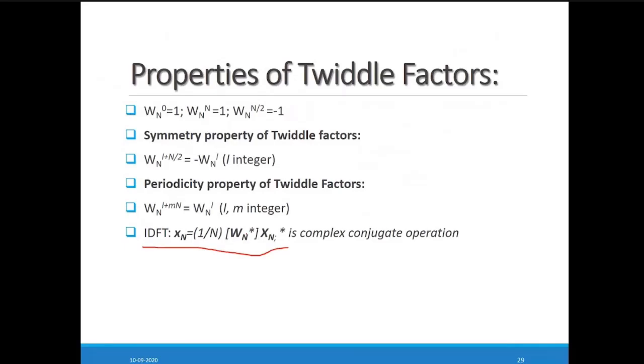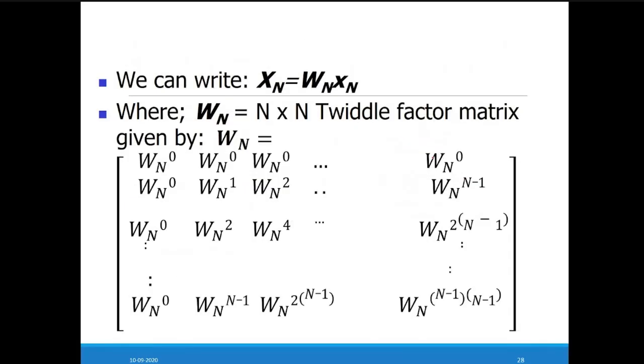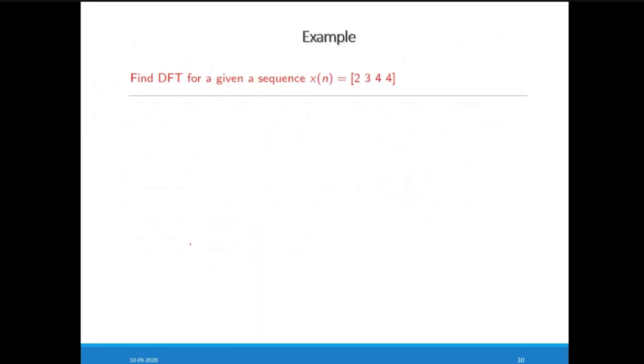So to change the sign of this, what we have to do is change the imaginary term. Now you can see I am changing the sign over here. So what happened? The sign of the imaginary term is changed. So when only the sign of the imaginary term is changed, we can say we have to find the complex conjugate of the twiddle factor and then multiply it with the DFT sequence to get the original sequence x of n. Okay, so let us solve this example.